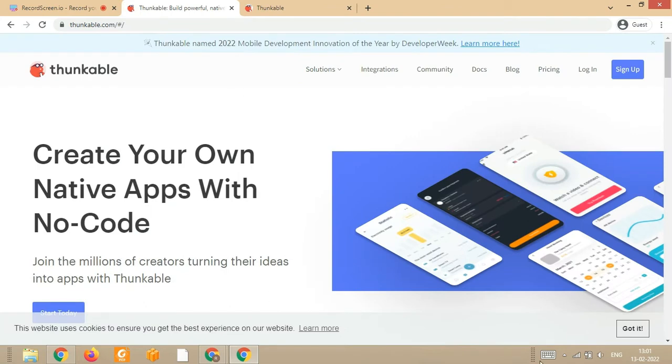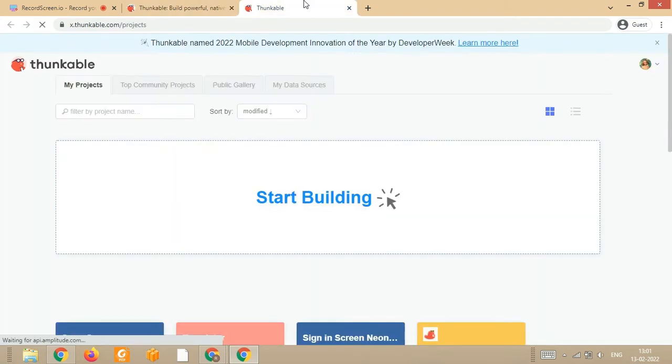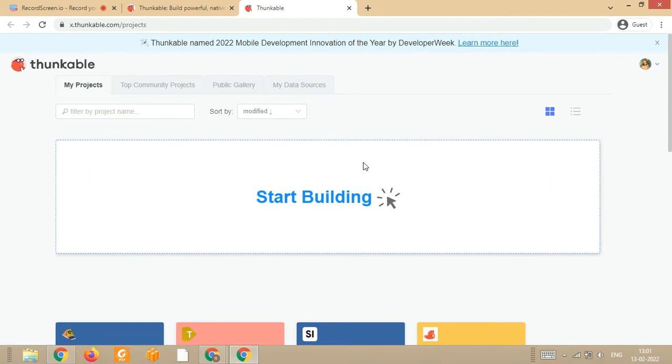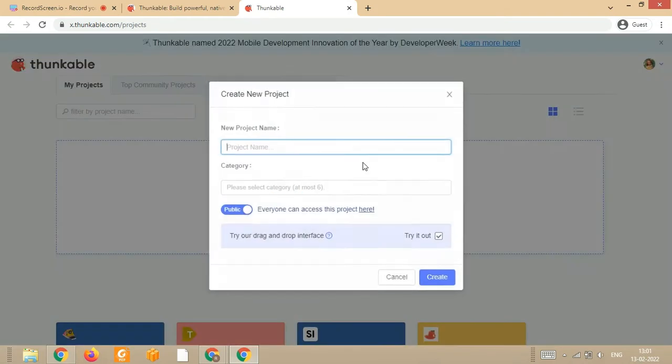Thunkable is basically a free platform where you can make apps. After you have signed up or logged in, click on Start Building. After that, put your project name here. I will put my project name as area calculator,